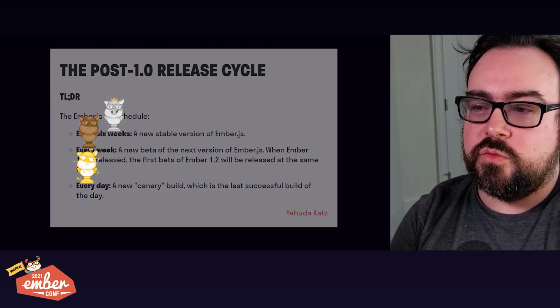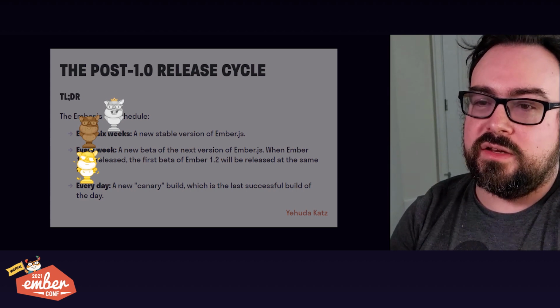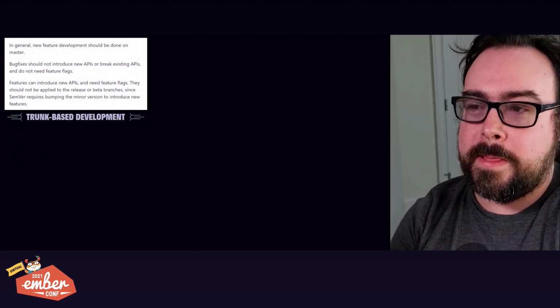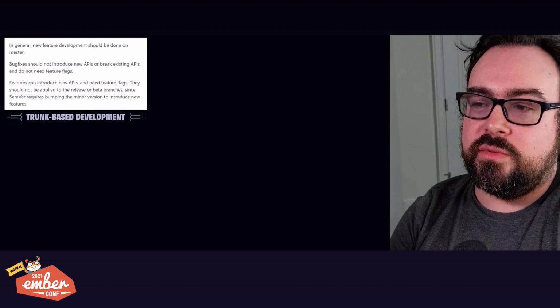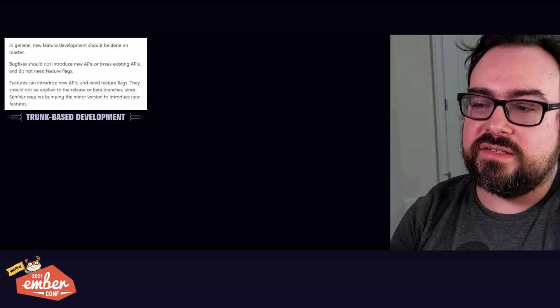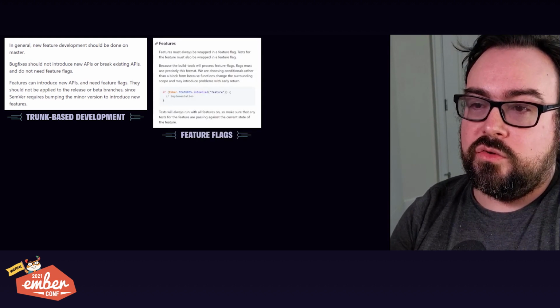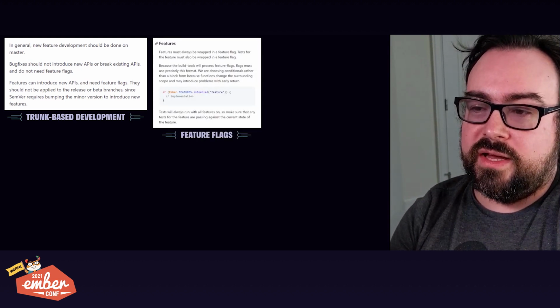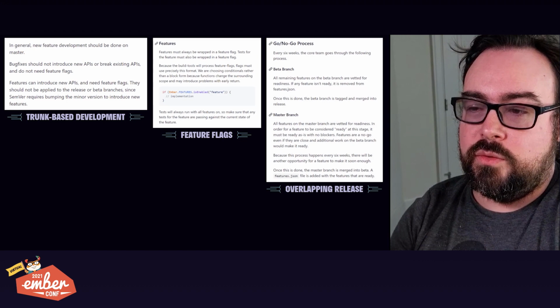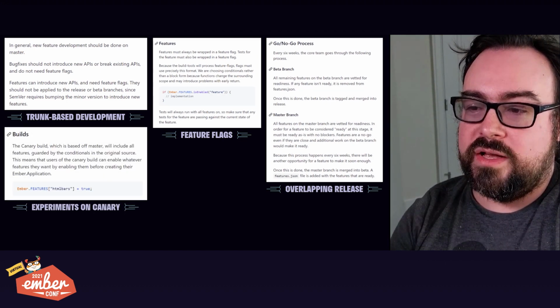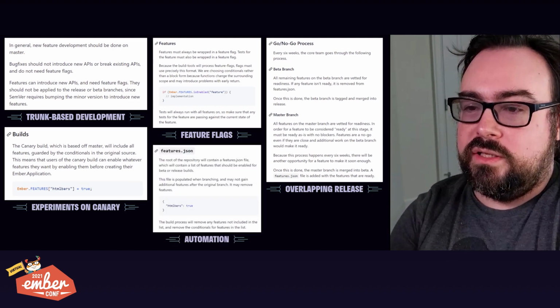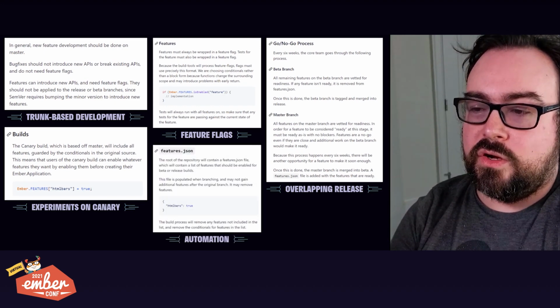We wanted to make sure it was super easy for our users to follow, so we invested in illustrations and diagrams. Our initial plan included all the elements that Chrome and Firefox had identified as essential. We would develop Ember on the master branch. New features landed behind feature flags, which avoids disruption. We would use overlapping channels, named exactly like Chrome. We would branch every 6 weeks. And importantly, we formed a release team to handle the automation.